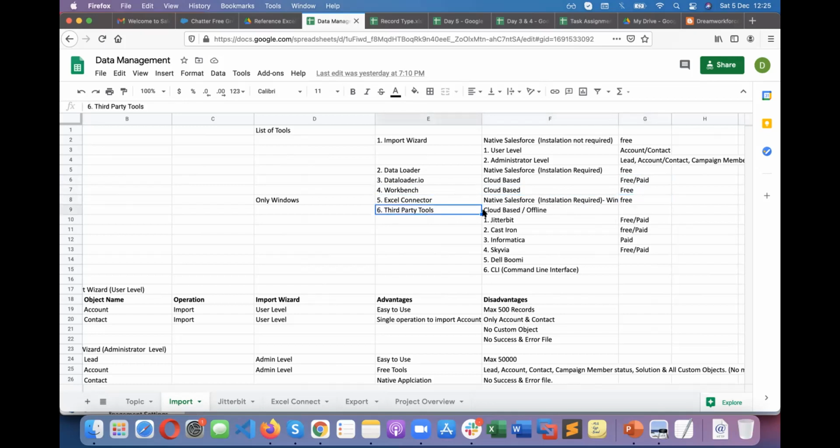Then there are third-party tools, either cloud-based or on-premise. There are plenty of tools: Jitterbit, Cast Iron, Informatica, Skyvia, Dell Boomi, and this one, I would say the seventh one, is not a third-party tool; it's a Salesforce tool.